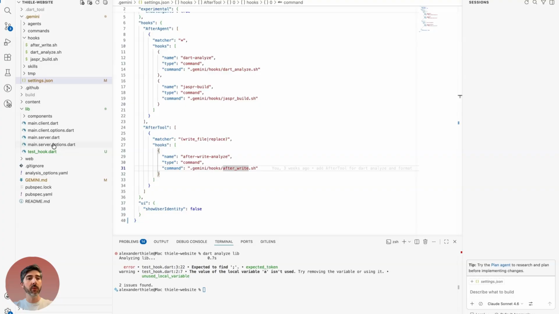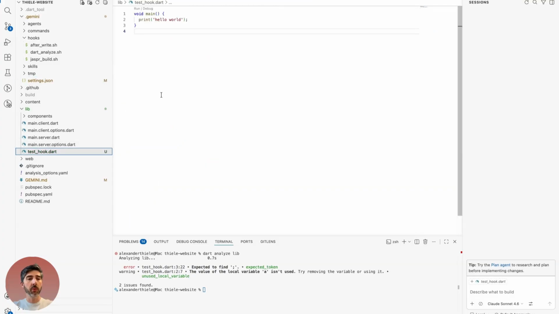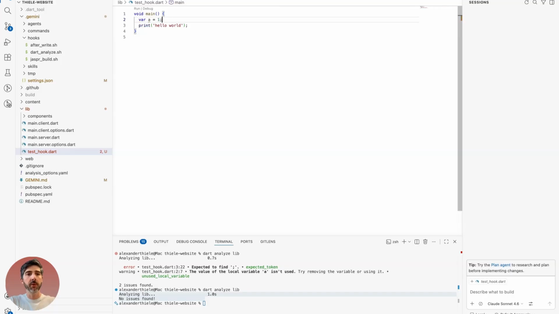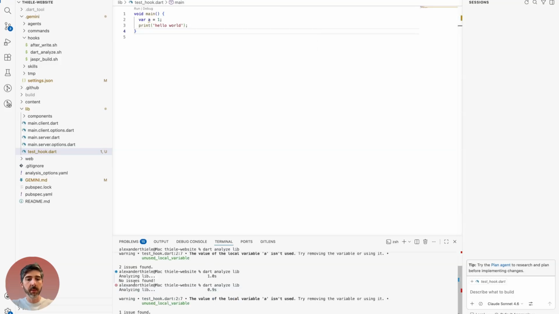Today, whenever we write some Dart code, we want to check the Dart analyzer. This you can do by just running dart analyze on the lib folder, and here you can see there are no issues. An issue could be, for example, if you have a variable which is not used. You can see it in the IDE, but it's not visible to Gemini yet. And if I type dart analyze lib again, then it says, hey, there is a warning, which is the unused local variable. And of course, you want to give this information to Gemini whenever it writes code to a Dart